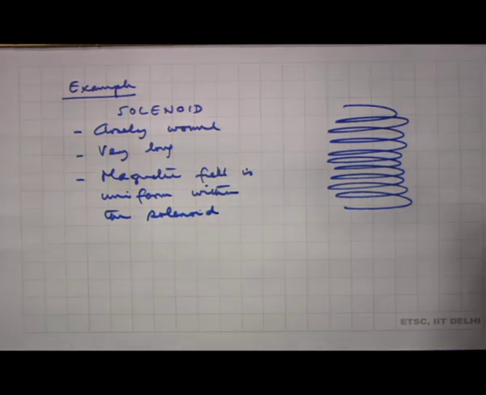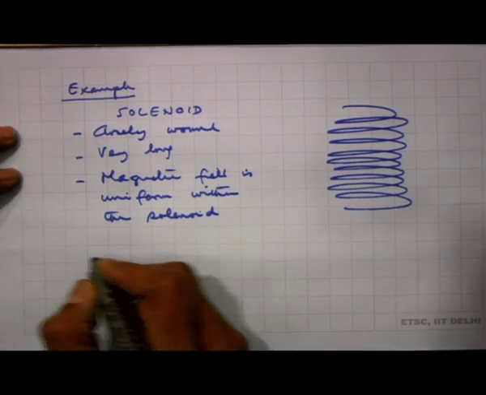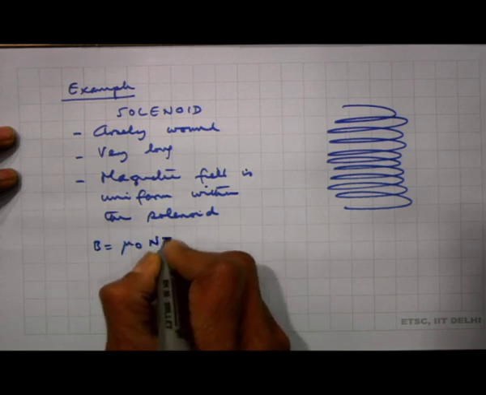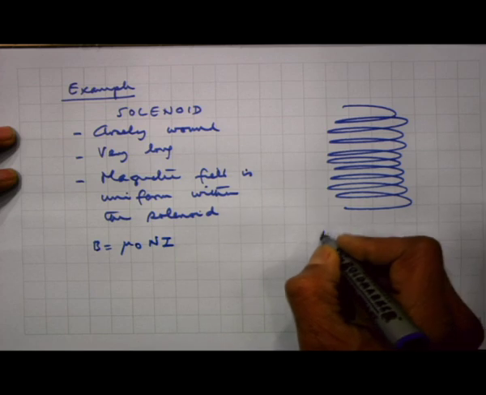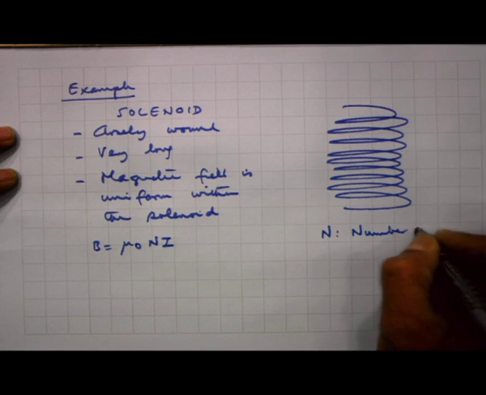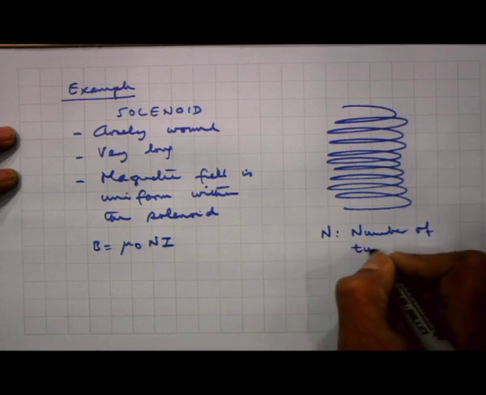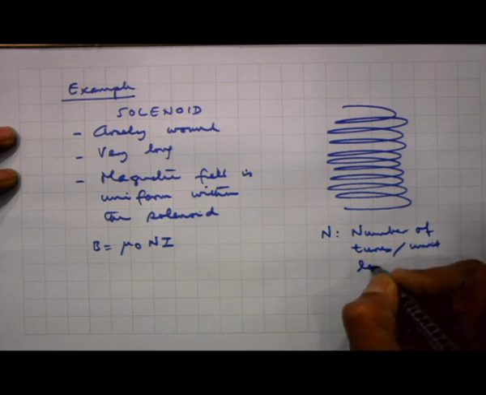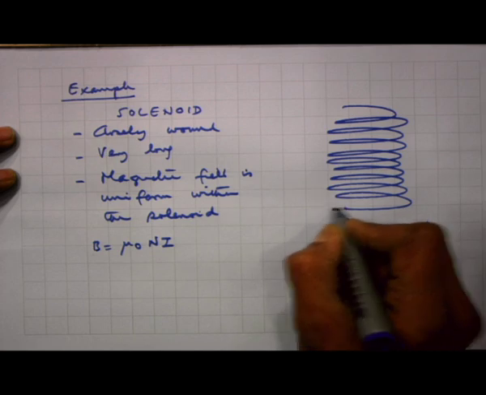And it is 0 outside. As we have seen before, in a closely wound solenoid, the magnetic field within the solenoid is uniform. And what is the magnetic field? We have already calculated, B is equal to mu naught n I, where n is the number of turns per unit length,